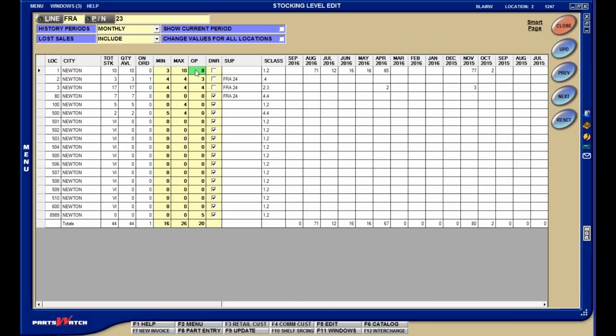So I can simply highlight the order point field, type in 20 and hit enter, and my change is now in place. But keep in mind, this change has not been recorded or committed to the system until I hit the update button, which is currently highlighted. The system will keep all of my changes buffered here on screen until I hit the update button,